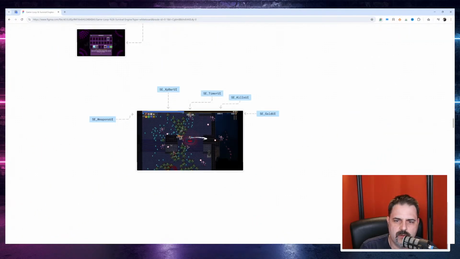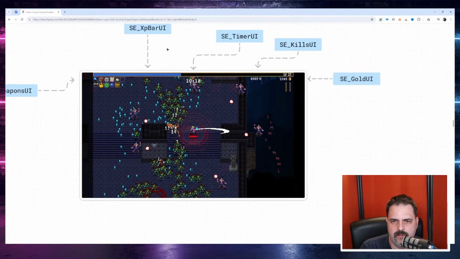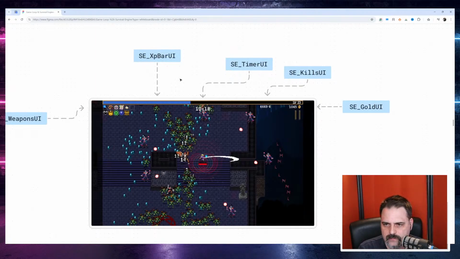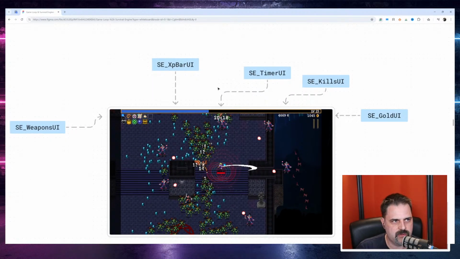Okay, and the UI. The UI is very, very simple for this game. The basic UI: you have an XP bar with the level, that I call XP bar UI. SE is for survival engine, what I'm building. This will be a reusable engine, if I didn't say that yet. And